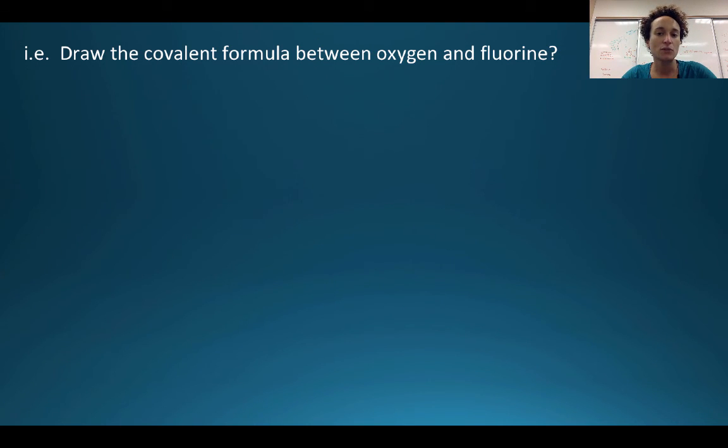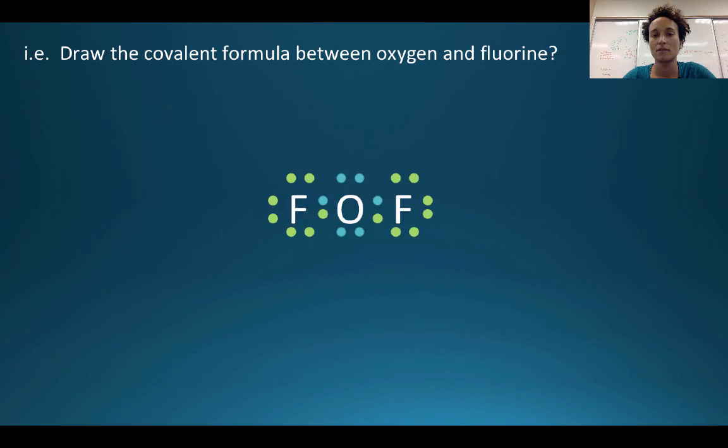If we're going to be drawing the Lewis dot diagrams for this, we draw it in a similar way to how we did with the ionic bonding. We'd start off with an element. If you've got one element that's just by itself along with multiple of another one, that lone element's probably going to be in the middle. And then we draw the different electrons around. I use 2 different colors here just to show which ones are coming from oxygen and which ones are coming from fluorine. But you can also use anything, little X's, little hollow dots, any way that you want to show the difference between